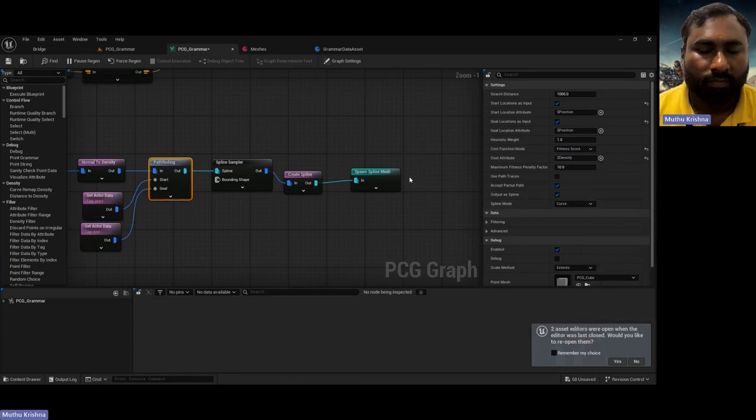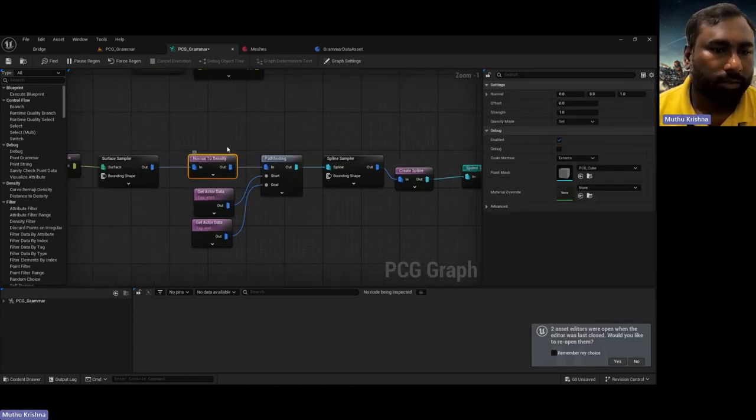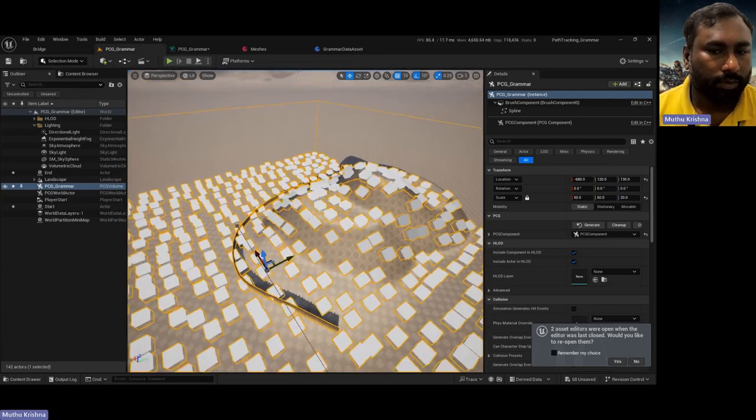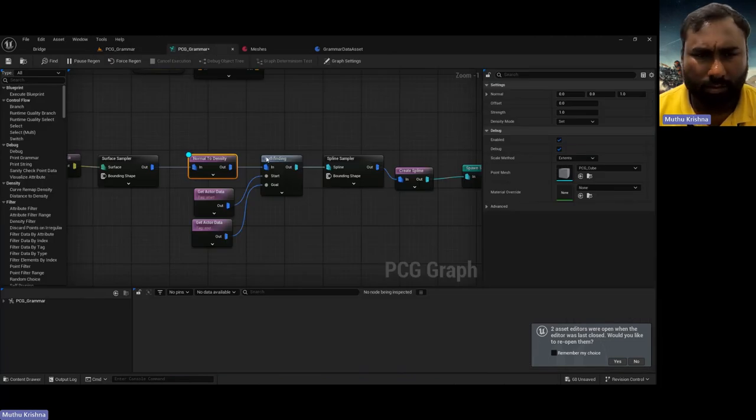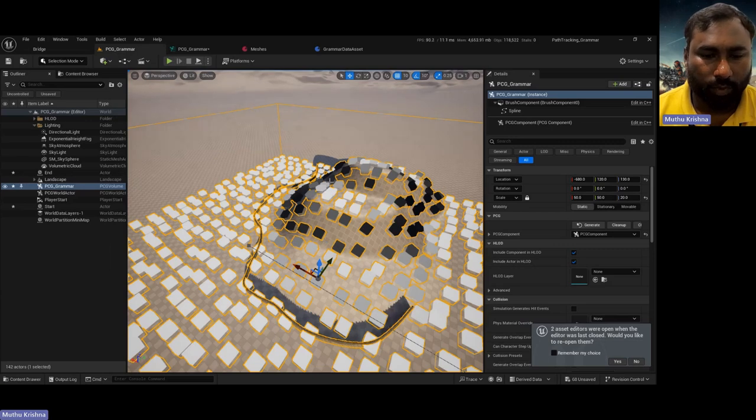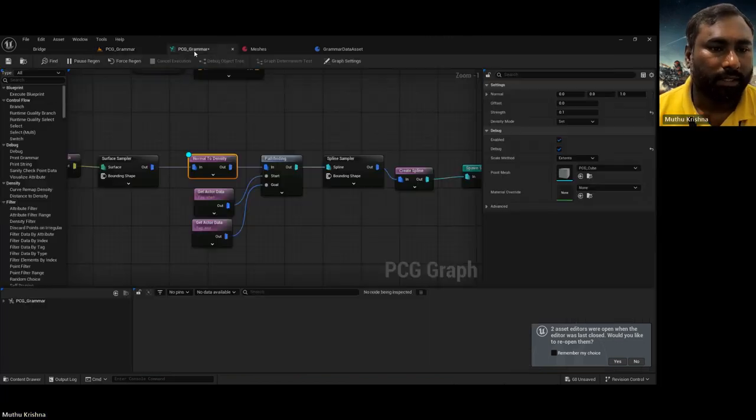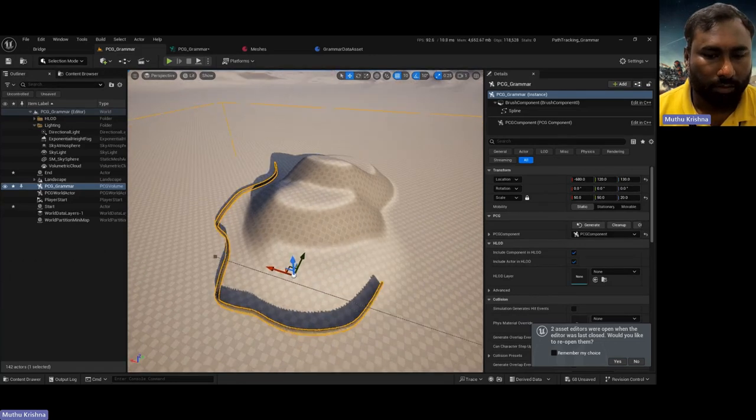And as I said before, the reason for using normal to density, if you see, is that we are spawning the points, and we want them to have a different density based on the normal height, like how the surface is oriented, right? I'm just going with a lesser value. I get some dark points, right? I want these areas to be avoided and create a path along the surface which is flat and has the density of white. If I remove the debug, now you can find I have found a path